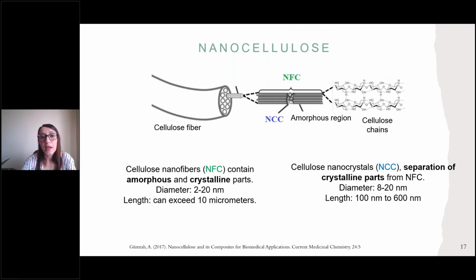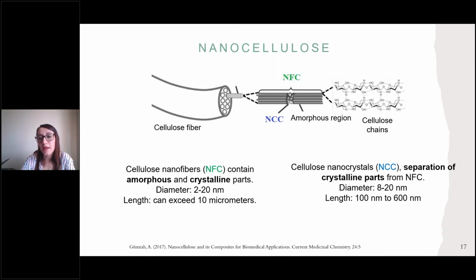In the case of nanocellulose, nanocellulose can be nanofibers, NFC, which maintains the amorphous and the crystalline parts. The diameter is between 2 and 20 nanometers, and the length can exceed 10 micrometers. It's a long fiber. And for the case of NCC, nanocrystal cellulose,